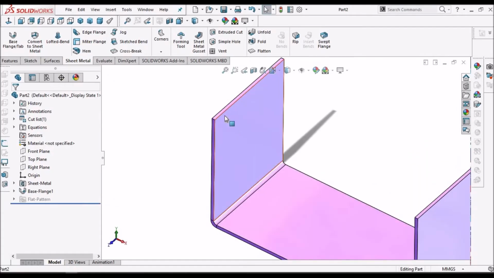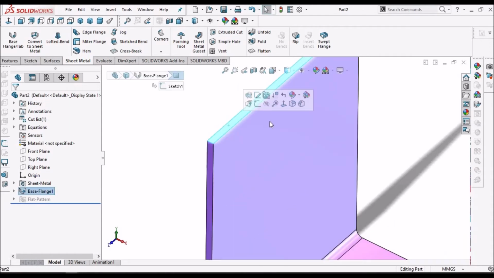Now I am showing one small example for enclosure design.